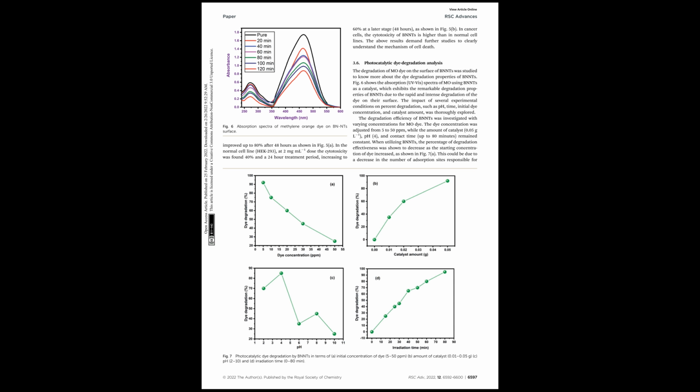And after that, we proceed toward the absorption spectra of the methylene orange dye on the BNT surface. We perform the photocatalytic dye degradation analysis of the synthesized nanotube. So here you can see the absorption spectra of methylene orange dye on the BNT surface. And after that we also do the photocatalytic dye degradation by BNT in terms of the initial concentration of dye, that is from 5 to 50 ppm,